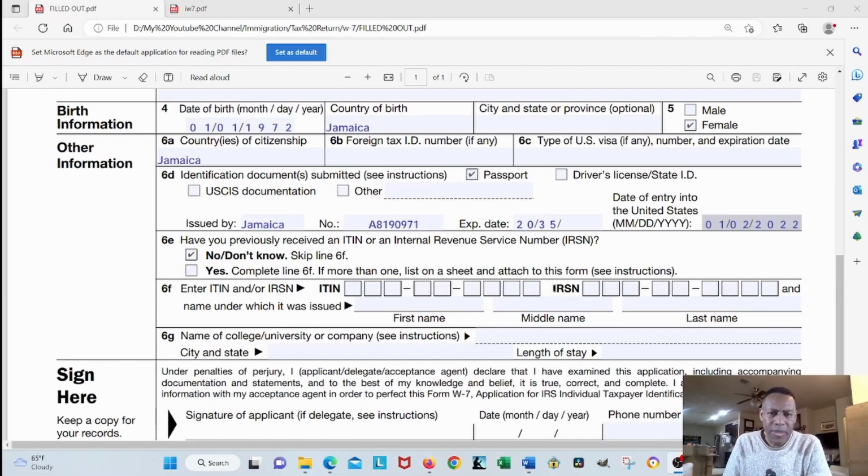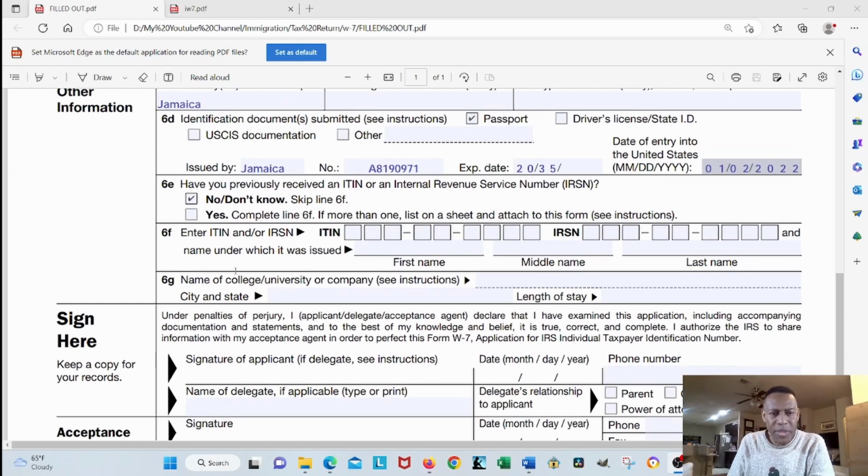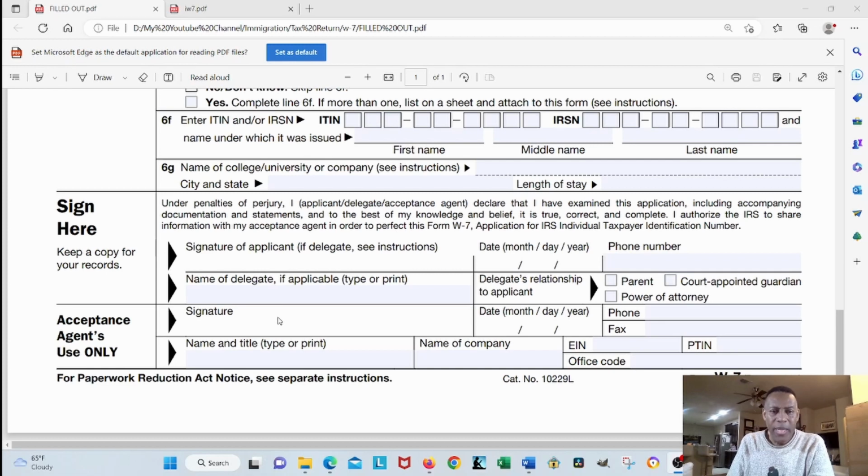And next, you come down to line 6E and see where it says, have you previously received an ITN number? The answer is no. Right? Nothing else to do, so simply scroll down and